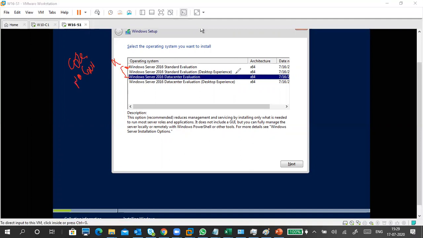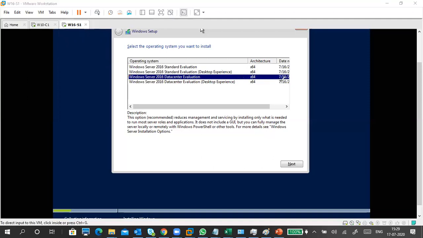So the second and fourth, anything you can select, because it's the GUI mode, the full version. You can also read the description of what you have selected. If you accidentally choose the first or third one, you will get a black screen, only CMD works.